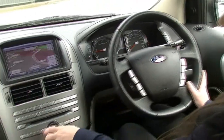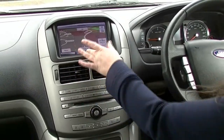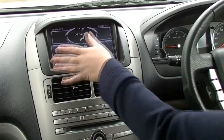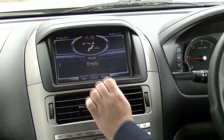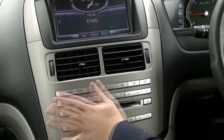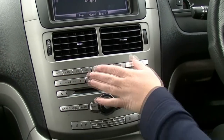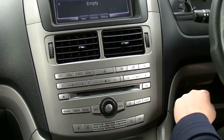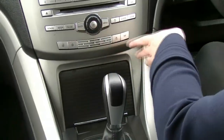Flick through the radio stations. Now as we come across, you'll see we do have satellite navigation. If we go home, that's where you'll find the radio stations. You'll see the controls for the air and everything, Bluetooth, date, and outside temperature. As we come along down, all the actual controls are down here, so fan speed, dual zone climate control, so you can adjust the temperature on the passenger side and the driver's side. And keep going down, door lock, traction control,